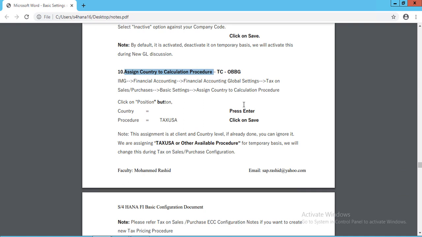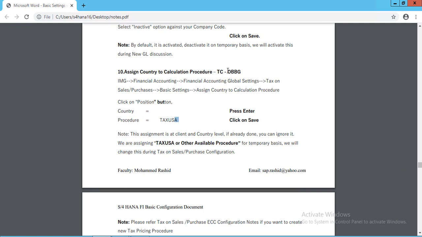There is no change in configuration here. It is the same in ECC and HANA. So for time being, what I am going to do, I am going to assign this tax US. You can assign any tax procedure here. Tax US only. Sorry, this is tax US, not USA. Ignore this. Yeah, tax US.